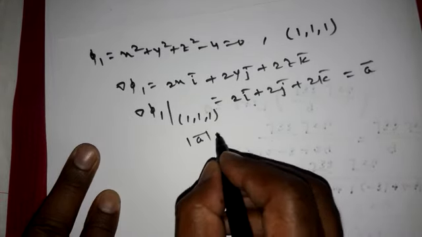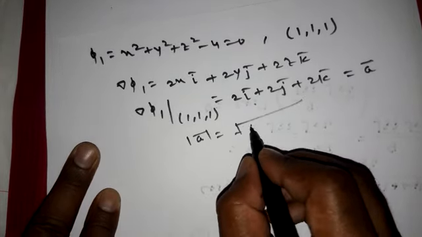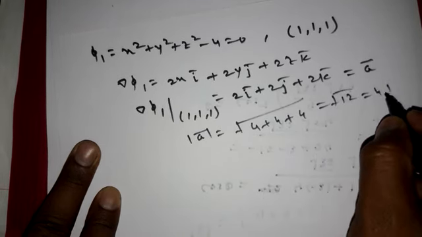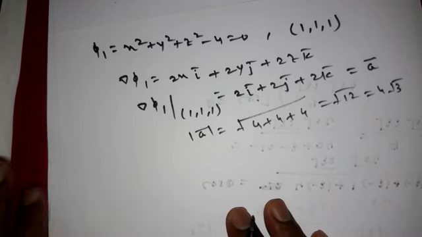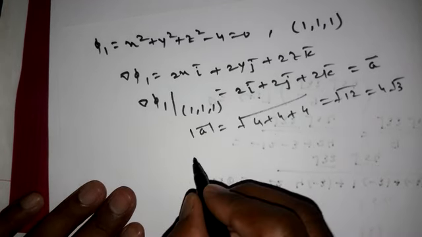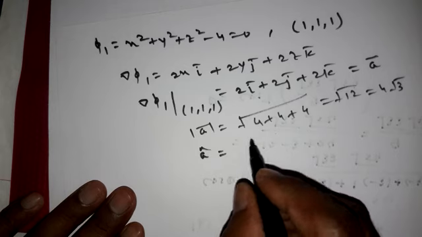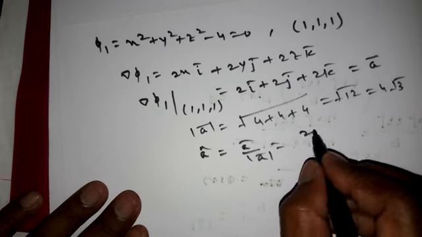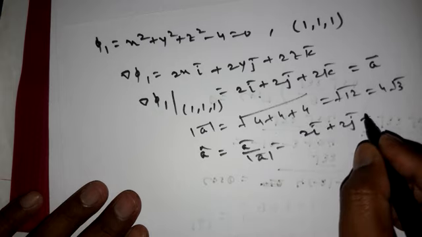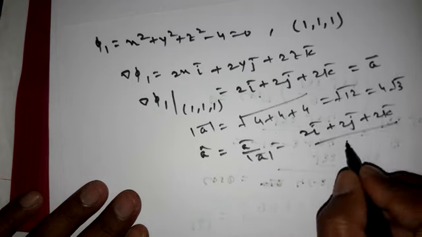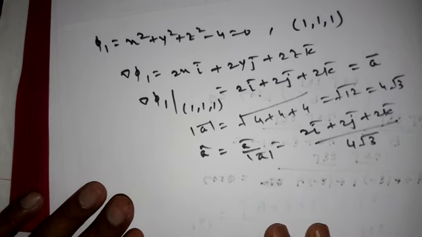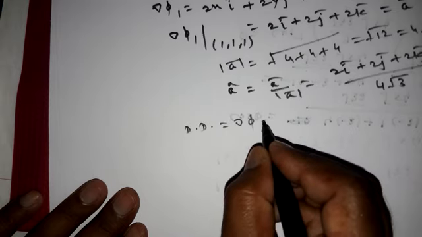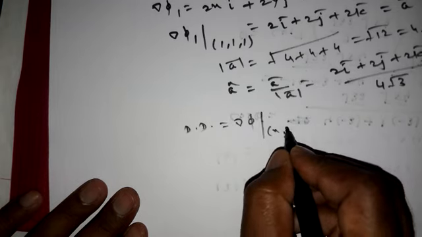Now the mod of A bar is under root of 4 plus 4 plus 4, that is root 12, or you may write 2 root 3. So A cap is equal to A bar upon mod of A bar, which is (2I bar plus 2j bar plus 2k bar) upon 2 root 3. Now the directional derivative dd is equal to del phi at point xyz